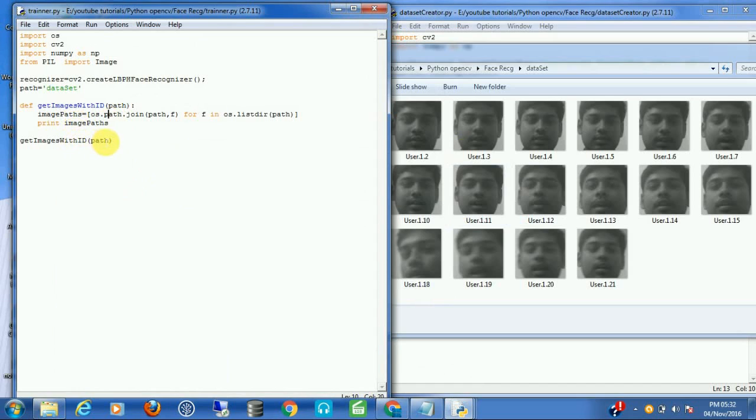So now we have our paths, our training images path. Now we can loop all the images and we will store that user ID and the face to a different image list. So before doing that, we need to create an empty list, or let's set it faces equals an empty list and IDs equals another empty list. Okay, so let's loop through the images. For image path in image paths,